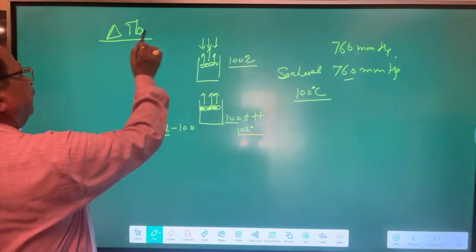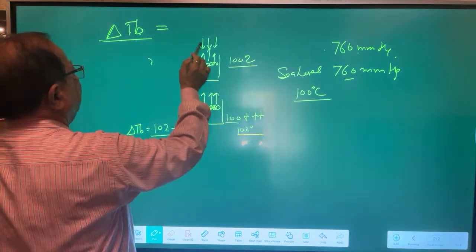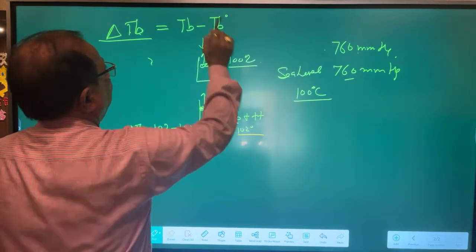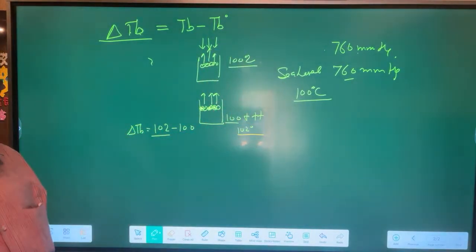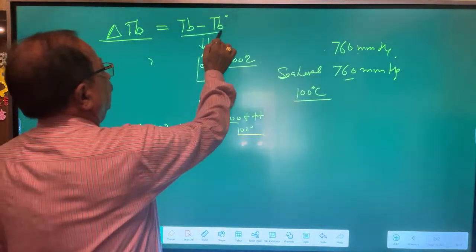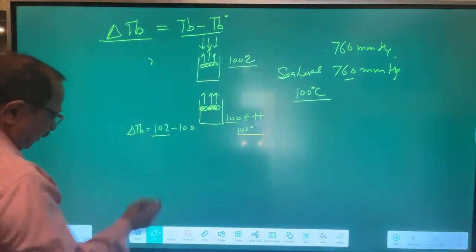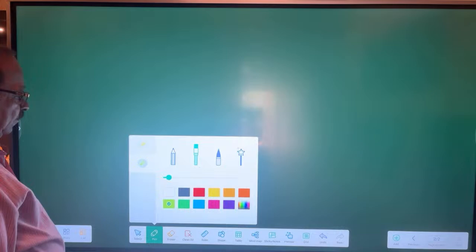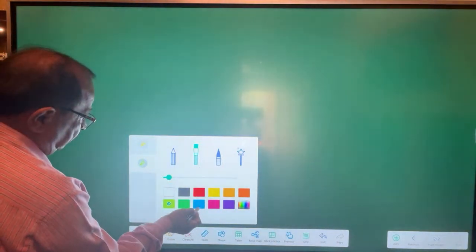So what is delta Tb? Delta Tb is the difference in the boiling point of the solution and boiling point of the pure solvent. Right? This we have to study. This is also a colligative property. And the third colligative property which we have to study is